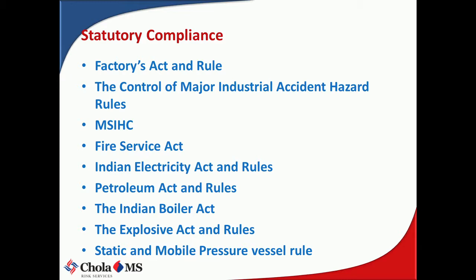Second, we had discussed the MISH rules. There are MAH industries which are storing hazardous chemicals above the threshold limit. As per MISH rules, they are supposed to have an audit by a third party every 2 years. So that is a requirement for them. Next is fire. Any establishment, hotel, or industry needs to have a fire license, so a fire officer needs to come and audit.